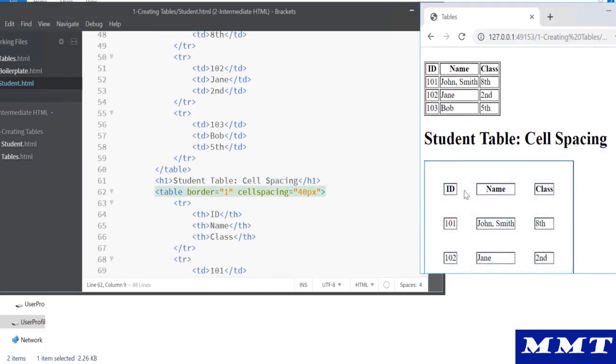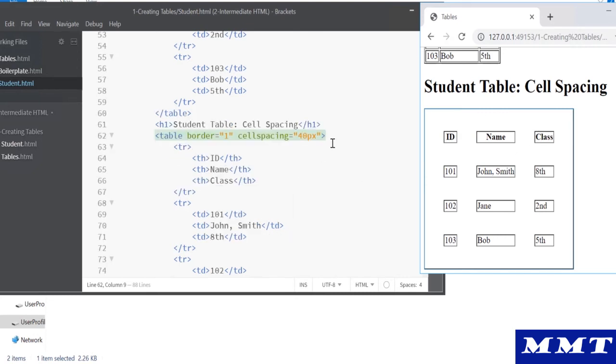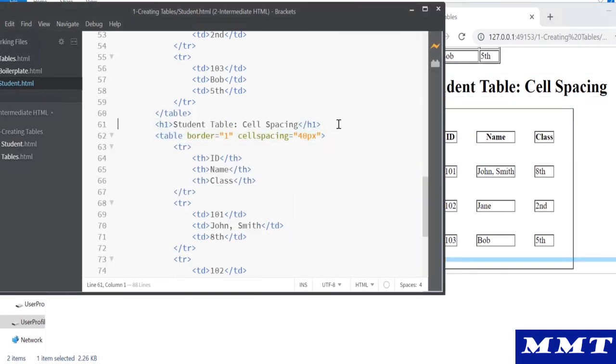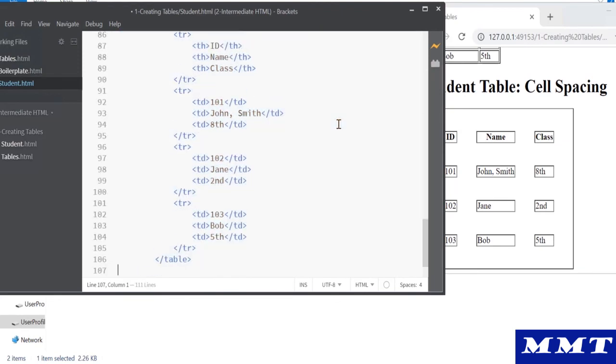What is the space you want between those columns? It is like one column after the column. What is the space that you want for each of these columns? So that's why you see the spacing is outside. Okay, spacing is outside that element. That is called cell spacing. Spacing between two different cells. The next one is cell padding.